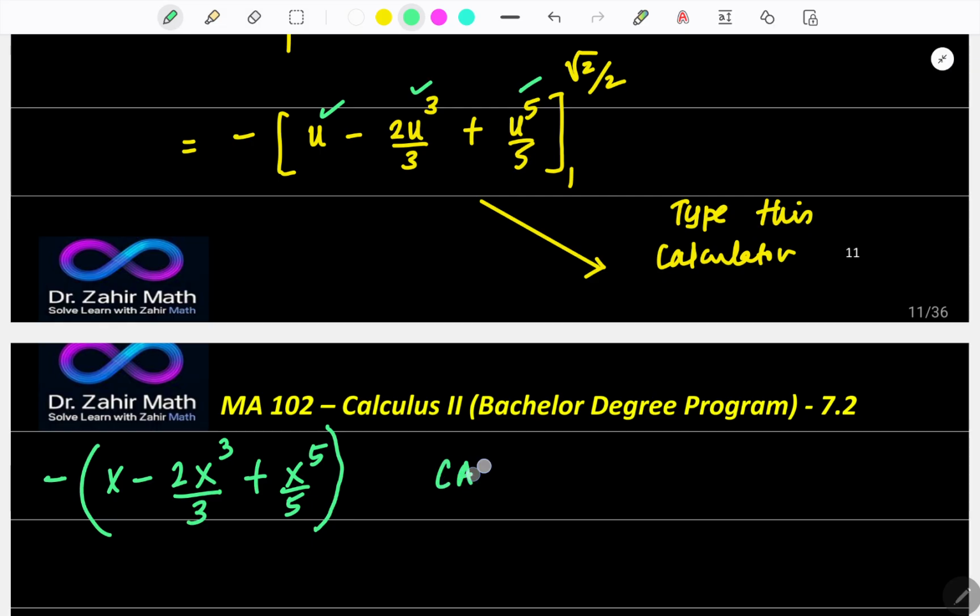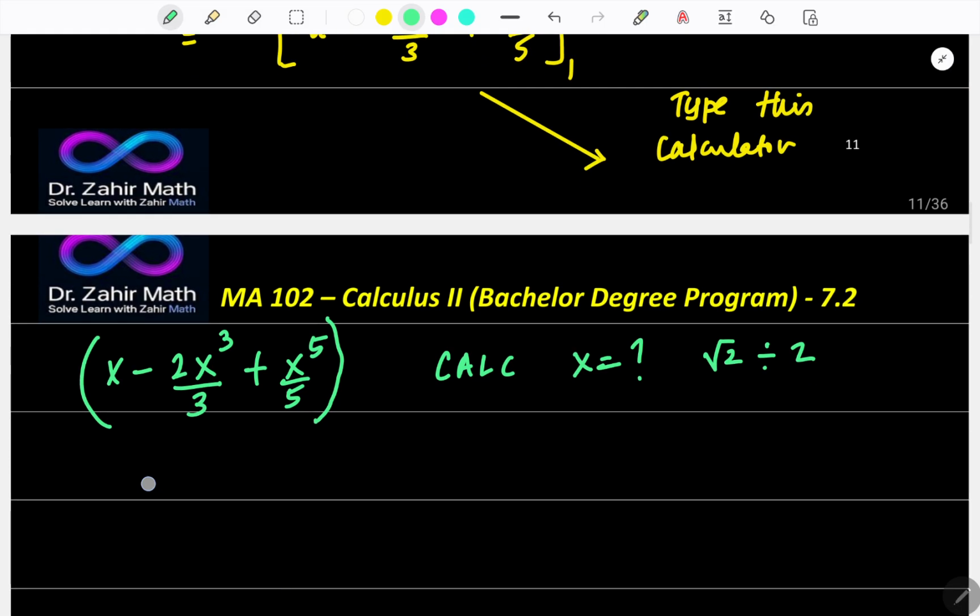Now press the button calc. Teacher, I make mistakes with the minus. Okay, leave the minus, no problem. Press calc, and then the calculator will ask you x question mark. Now you give x is equal to square root of 2 divided by 2. If you give it like this, it will give the answer. I got it now, which is equal to